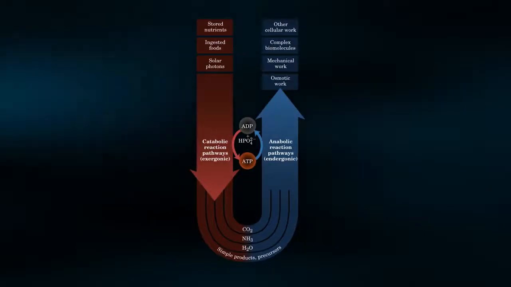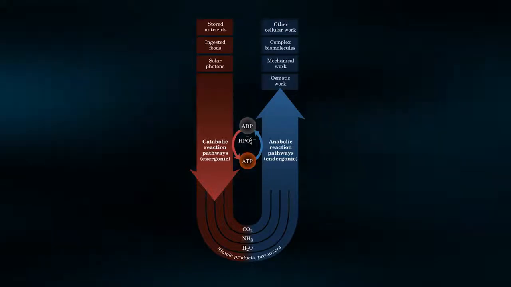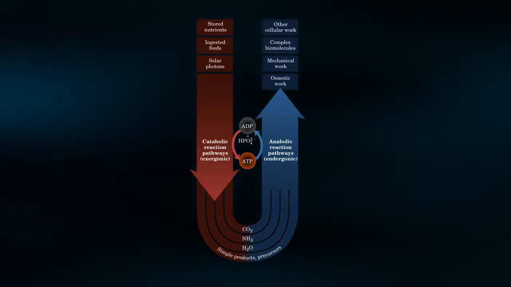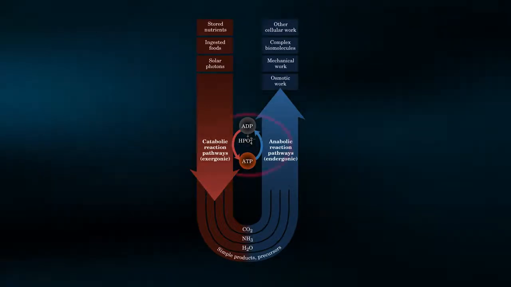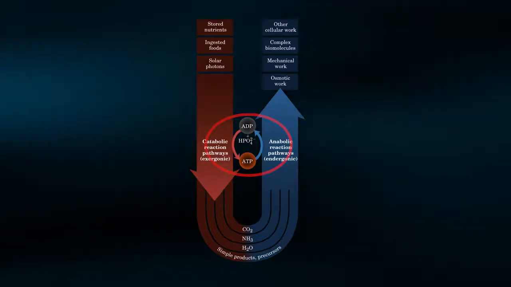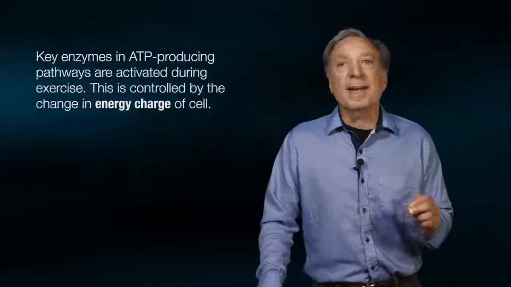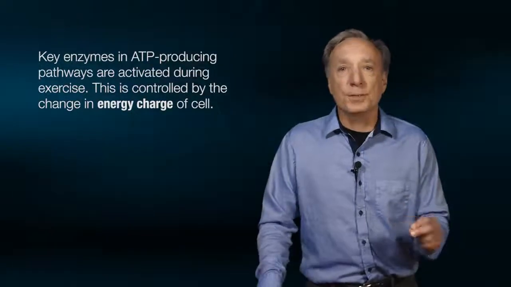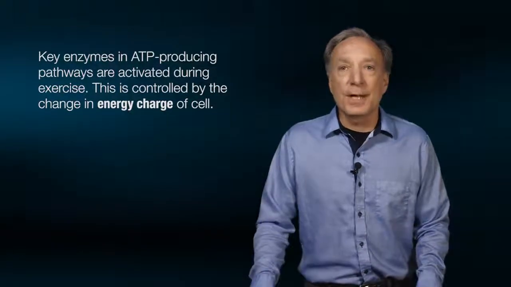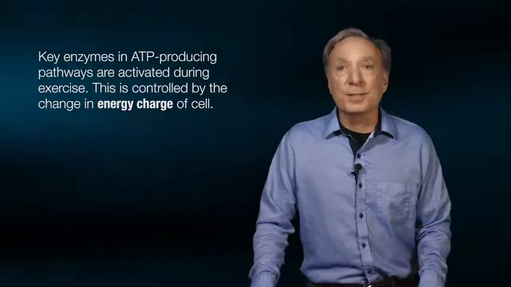This figure shows that our stored macronutrients, carbohydrates, fats, and proteins, are broken down to supply the fuel for ATP production. The metabolic breakdown of these macronutrients supplies the energy for ATP synthesis from ADP. The ATP now produced can be directly used for the mechanical work of exercise. How the body activates the ATP-producing pathways during exercise is controlled enzymatically. Key enzymes in those ATP-producing pathways mentioned on the previous slide get turned on as the muscle senses the need